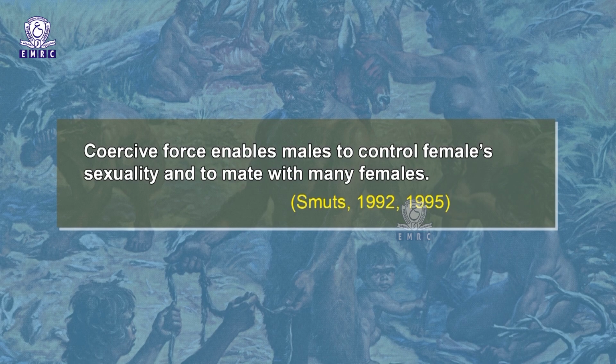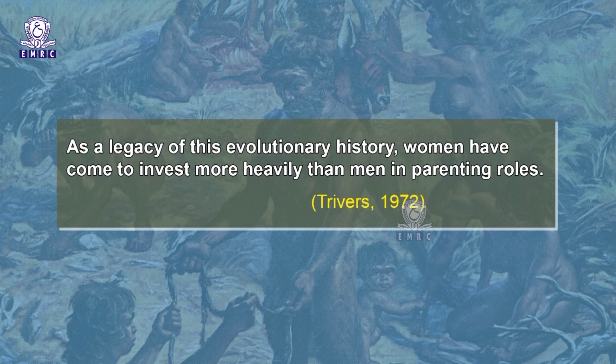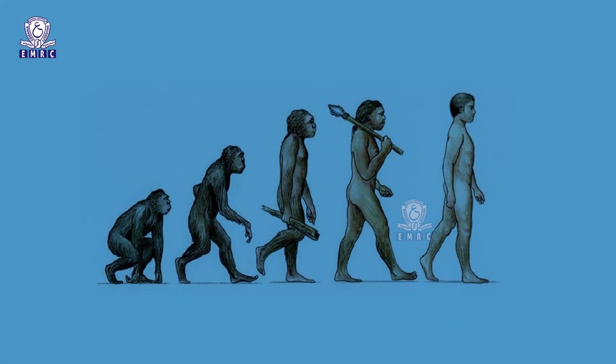Men, in contrast, attempted to maximize the likelihood of paternity by reproducing with numerous young and physically attractive females, suggestive of high fertility. Because of their size and strength advantage, males resolved problems arising from conflicting reproductive interests by exercising aggressive dominance over females. Coercive force enables males to control female sexuality and to mate with many females. As a legacy of this evolutionary history, women have come to invest more heavily than men in parenting roles. Males in turn evolved into aggressors, social dominators and prolific maters because such behavior increased their success in propagating their